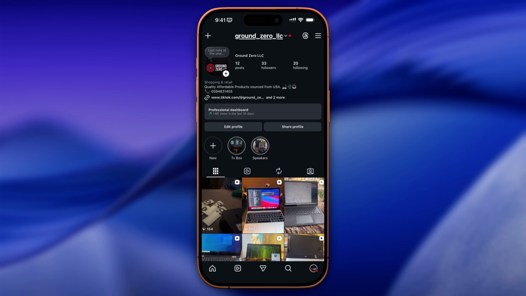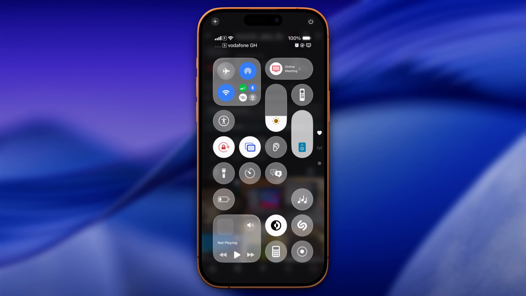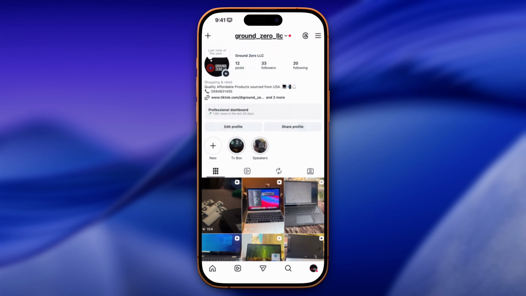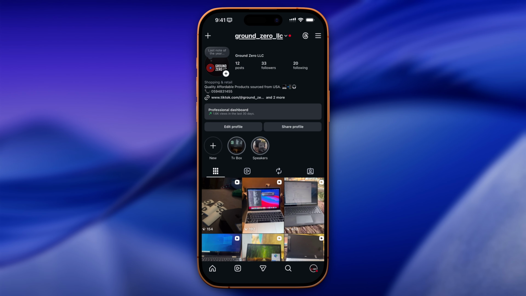Now, for me, I've also added it as part of my control center. When I scroll to the top and I click on this button here, it's going to change to light mode, and here I can toggle it back to dark mode. Now that's how to turn on dark mode on